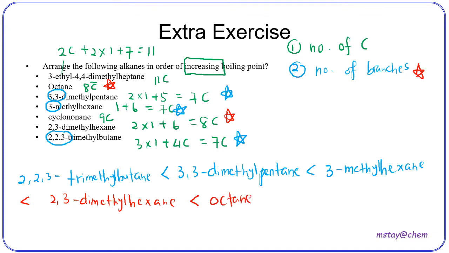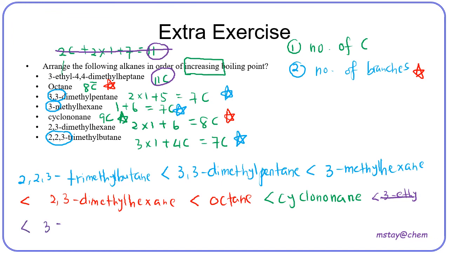So next we will continue with 9 carbon, which is cyclononane. Okay, so after 9 carbon is done, then we are going to look at the 11 carbon. So 11 carbon basically only has one, which is 3-ethyl,